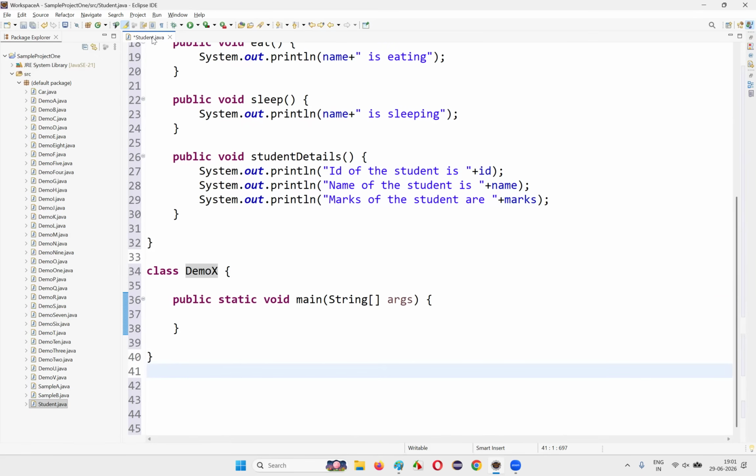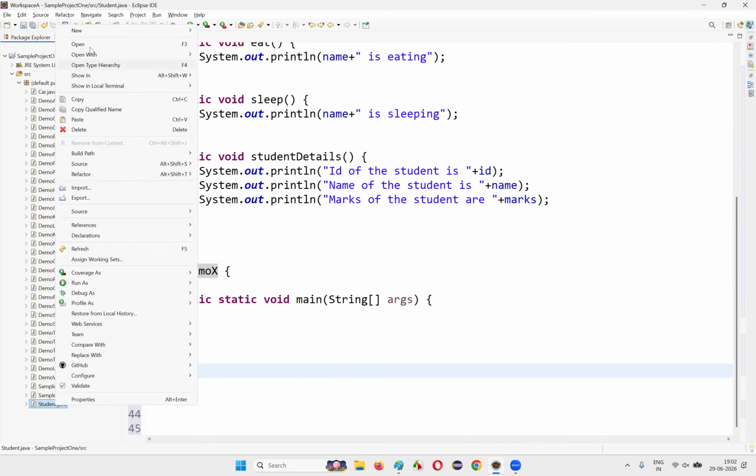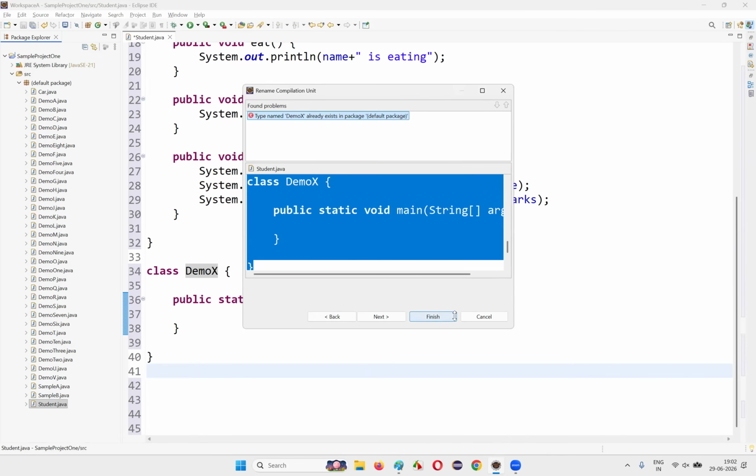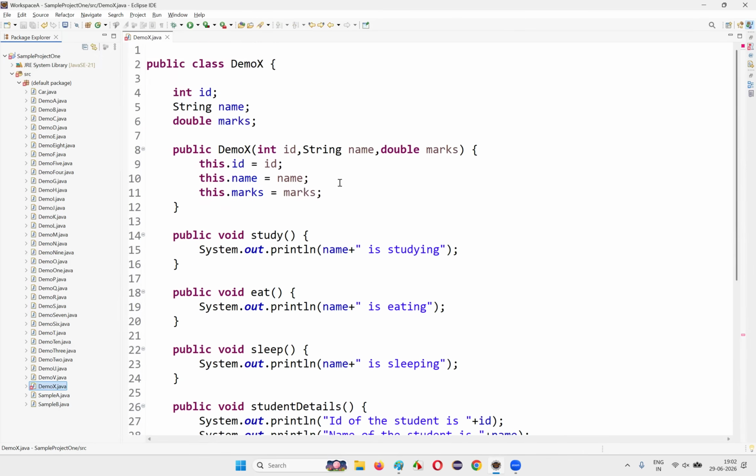So what I will do here is I'll just rename the Java file name. Right click, refactor, rename. I'll just name this as demo X, guys. And click on finish. The moment I do that,